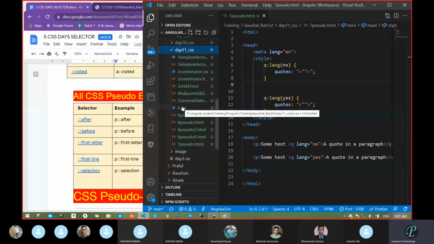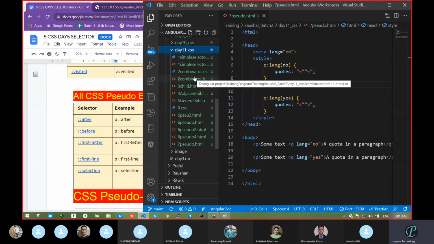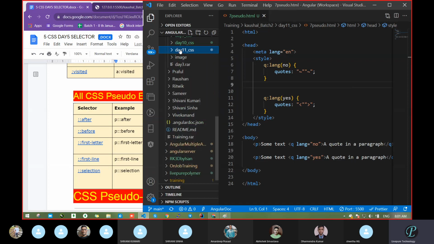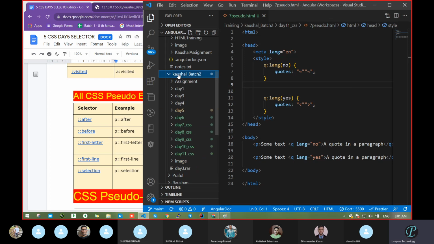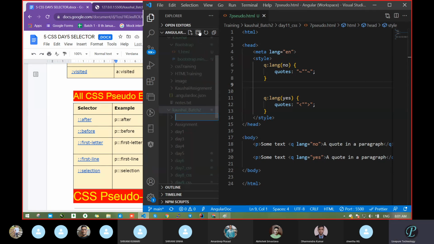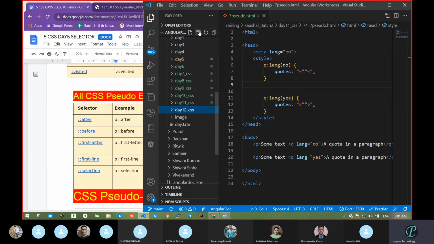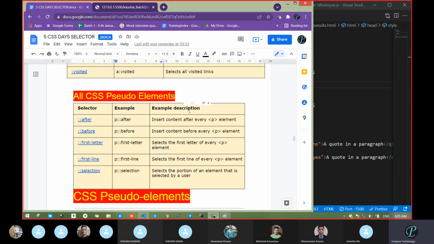Okay, so now the next case is pseudo element. Previously we were looking at pseudo class. Now it is pseudo element. So how will we know what a pseudo element is? Then again, what is the name telling? Anyone? With the help of the name, what are you getting? Are you getting anything or not?